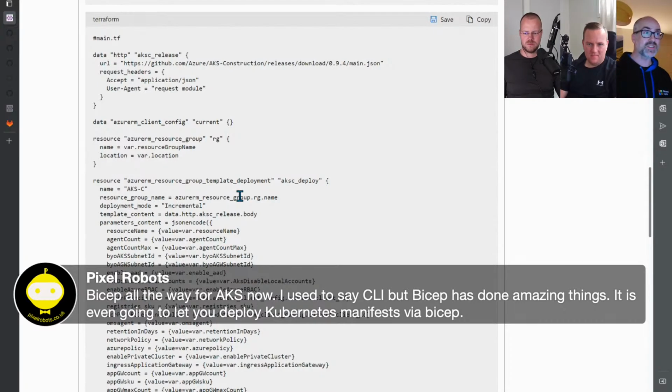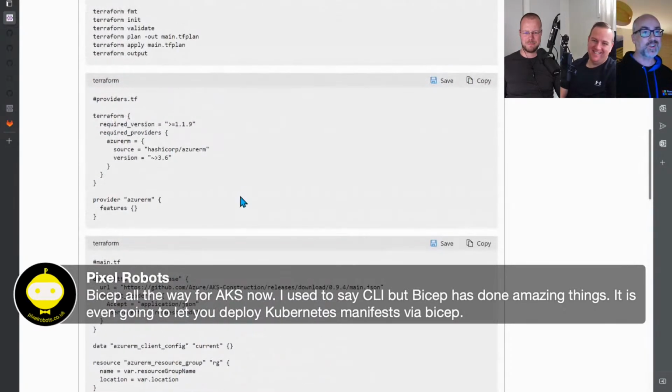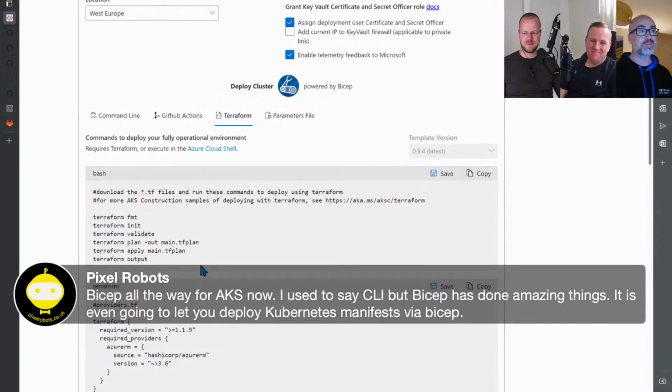I do have my Terraform exam booked just before Christmas, so that's good. I'm not trying to pretend it doesn't exist. We've got Terraform in here. I'm doing my exam, but Bicep is a fantastic project as well. And I know you've got Alex on the call in a few weeks as well.